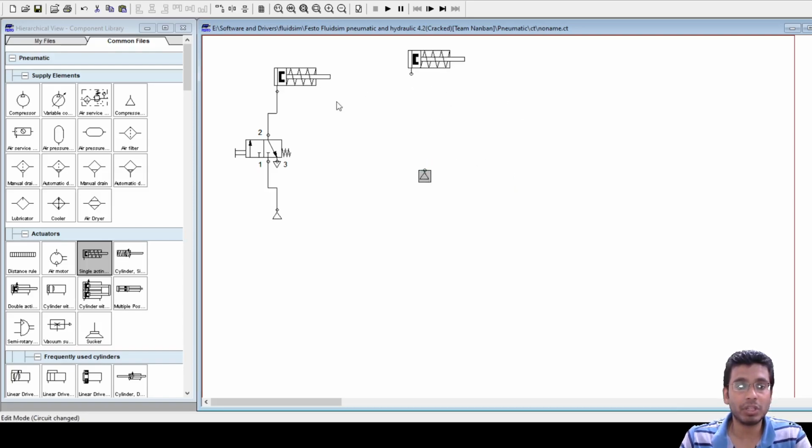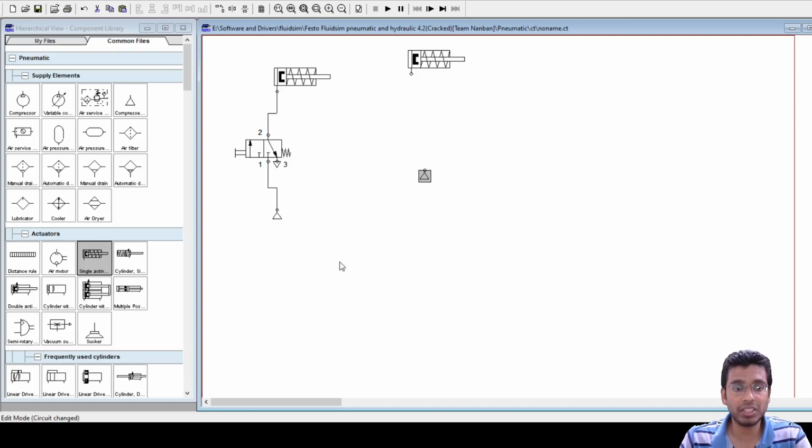What do we require in between if we are making the pneumatic portion of the electro-pneumatic circuit? Solenoid valve. Yeah. So a solenoid valve will be required.